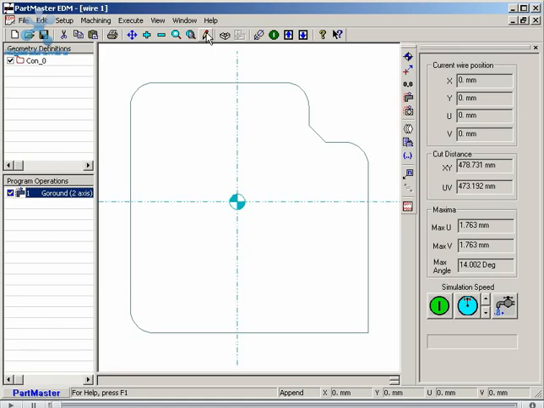Tutorial number 2, taper cutting. In this tutorial we'll show you how we can add tapers to the shape which we defined in tutorial number 1. So we're now in the Wire EDM software,